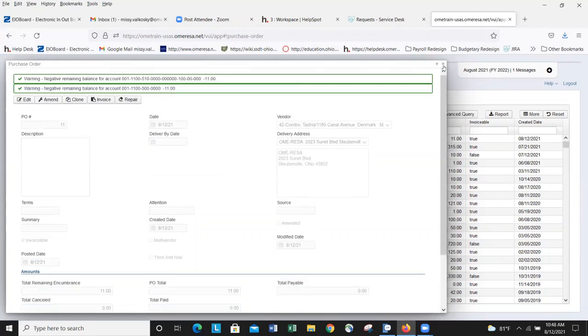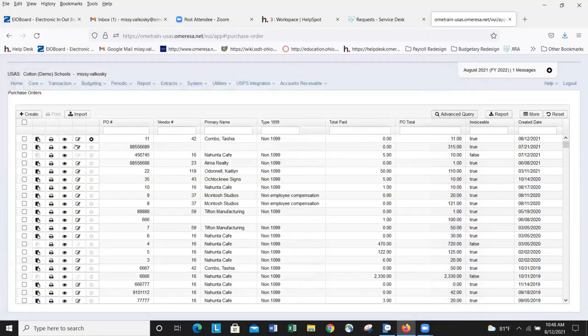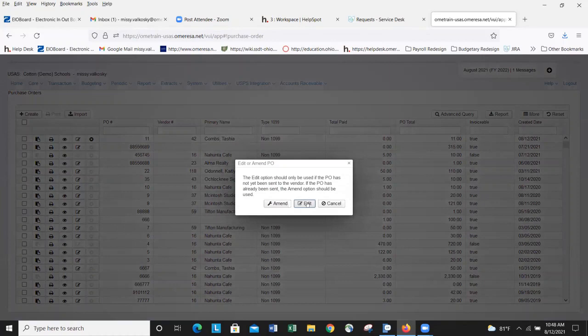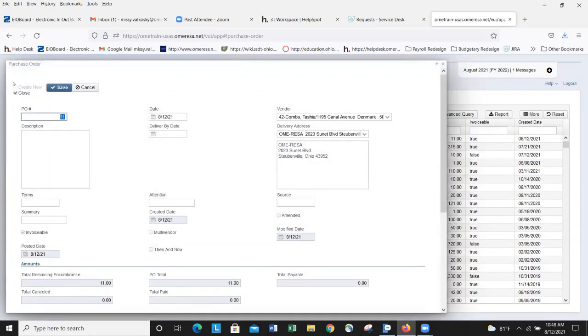That's it for a purchase order. I will show you one other thing on that if it's gonna let me. See these two boxes right here, close and create new? I know you guys use SCView, so everybody in your schools pretty much puts the requisitions in and everything, but if you're gonna have a stack of requisitions and or purchase orders,